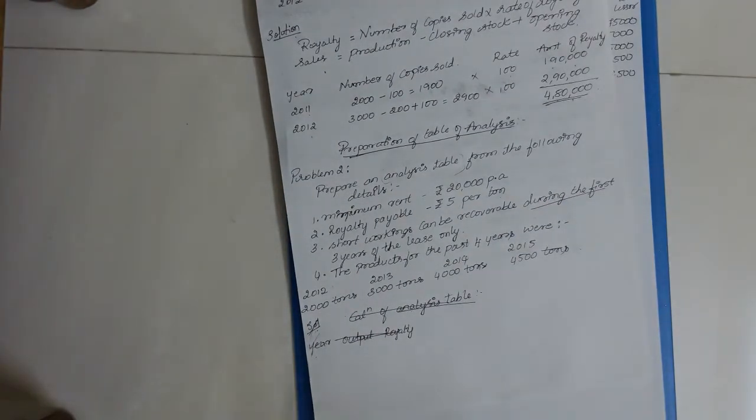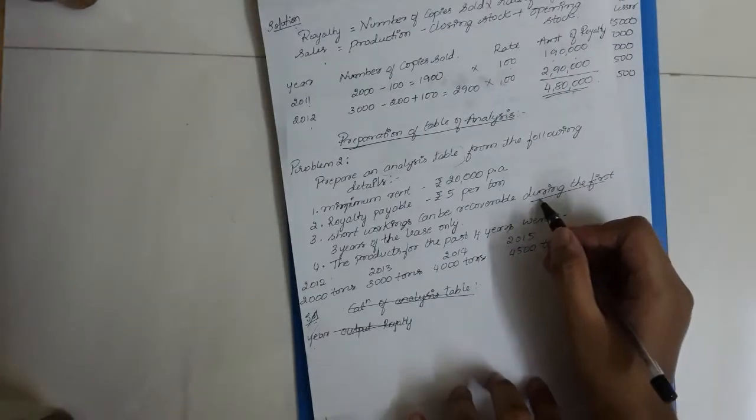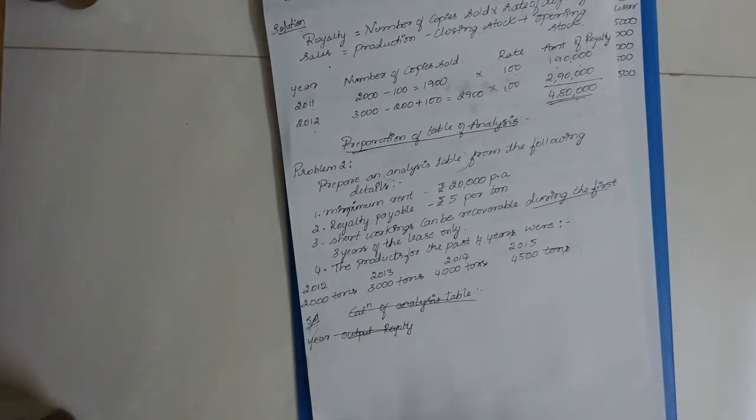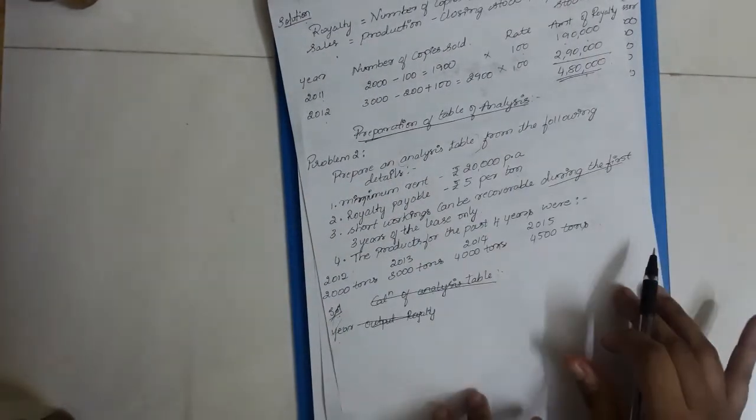That means here we will be calculating the recoupments of the short workings under the fixed recoupment method. So there are 3 types of recoupment or recovering method. One is fixed recoupment method, next is floating recoupment method, and the last one is lifetime recoupment method. They are clearly mentioned during the first 3 years only. So after 3 years, no short workings can be recouped. So for this purpose we can understand how this is fixed recoupment method.